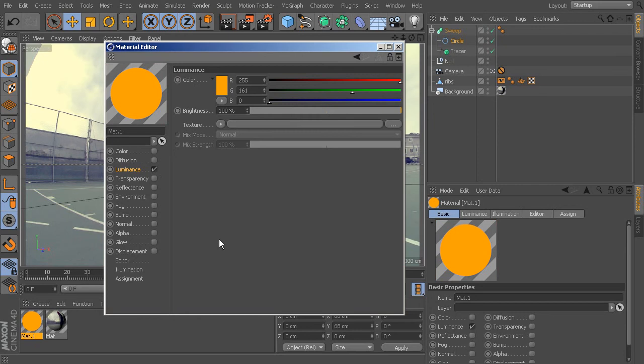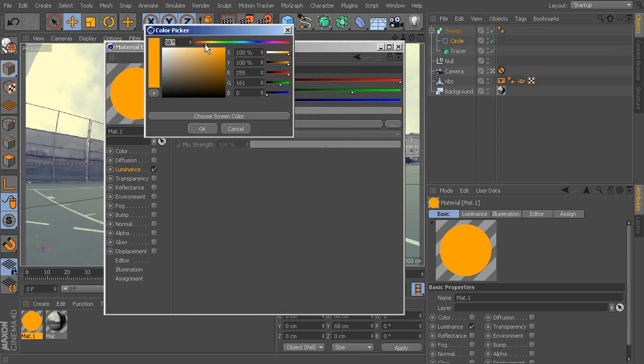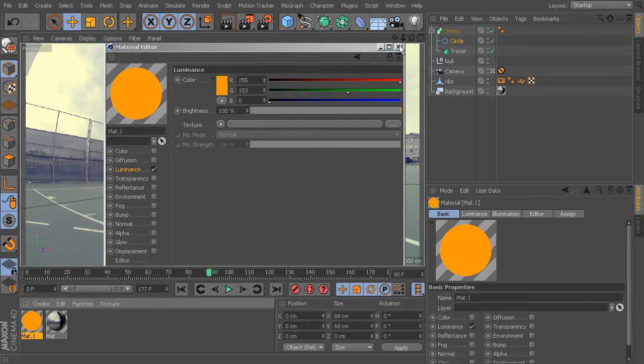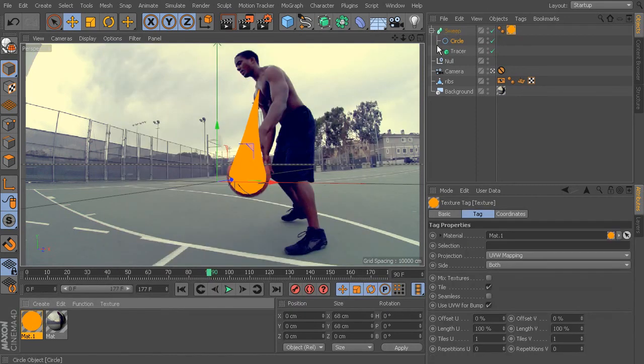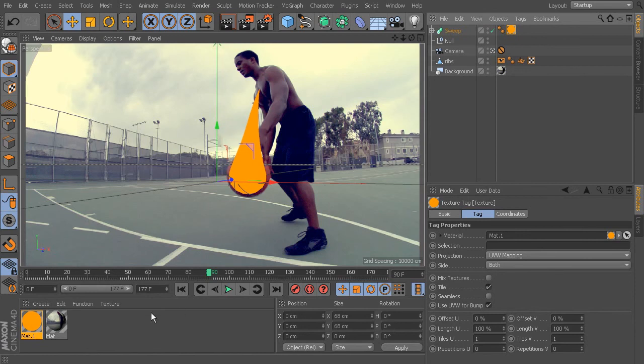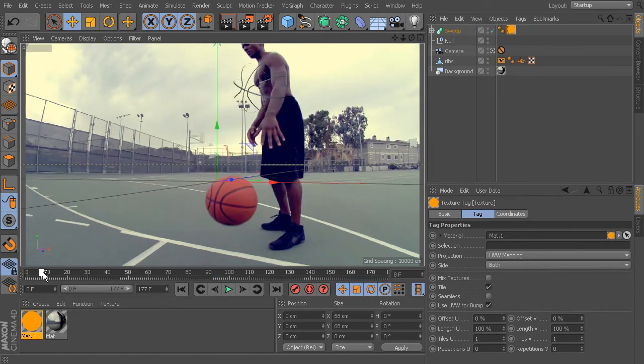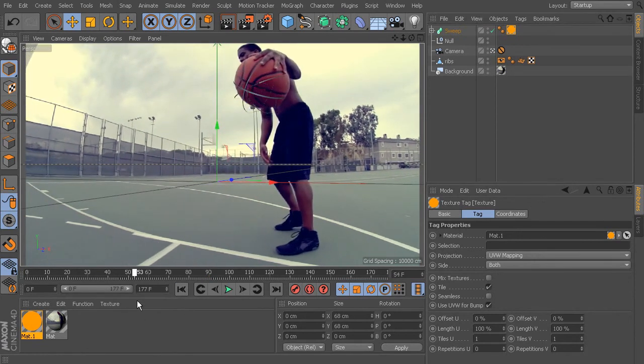And make sure you check on luminance, and maybe just take that back a little closer to red. There we go. Perfect. And I'm going to drop that on my sweep. Okay, so if I go back to the beginning and I start scrubbing through, you can see what this kind